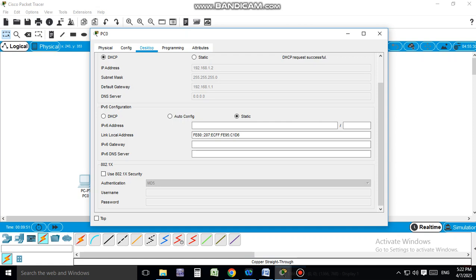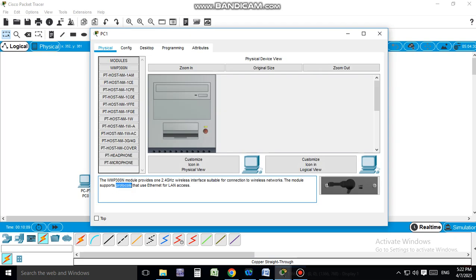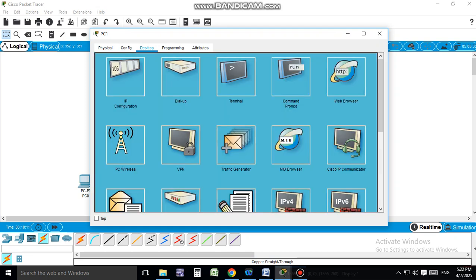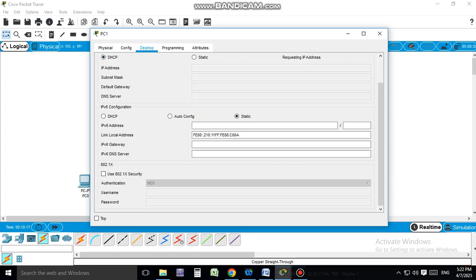We have not assigned the DNS server address, so it shows 0.0.0.0. So DHCP request successful means that when we configure our router as a DHCP server, it will automatically assign the IP addresses to the systems. Okay, you can check the other systems also. Click on the system, go to the desktop, and see the IP addresses. Click on DHCP. Now here